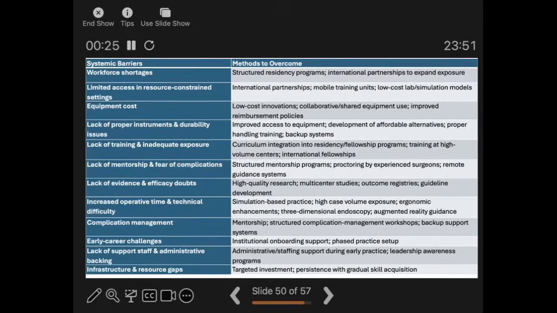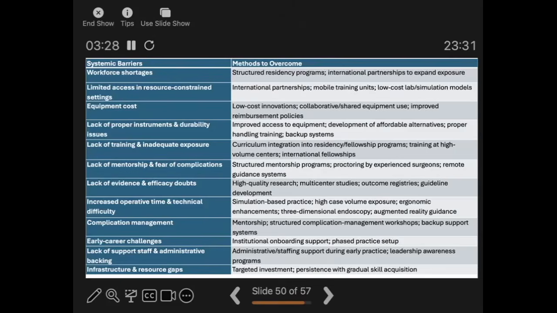High quality research, multi-center studies, outcome registries and guideline development are required. Increased operating time and technical difficulties are another problem. Simulation-based practice, high case volume exposure, ergonomic enhancement, three-dimensional endoscopy and augmented reality guidance can to some extent overcome